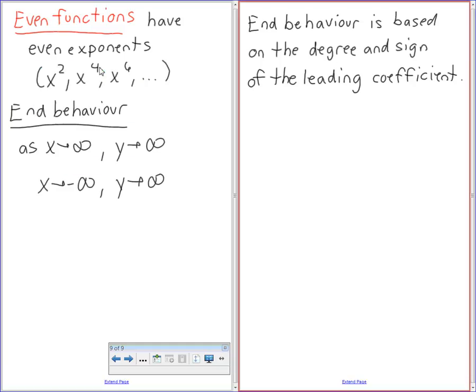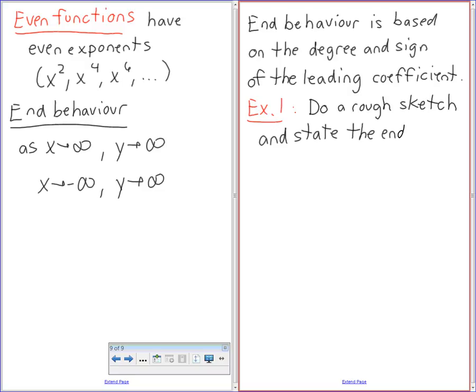If you want to do this on graph paper, you can. You don't have to. Those are all there. Okay. So, example 1. Do a rough sketch and state the end behavior of